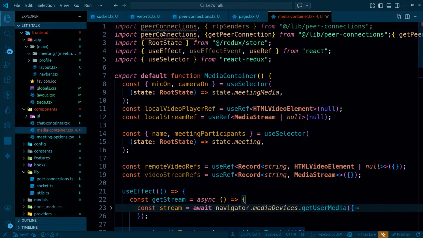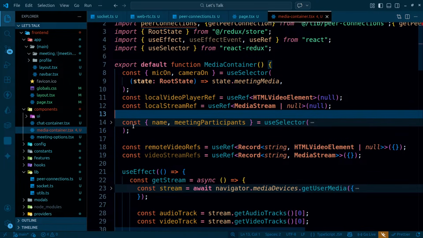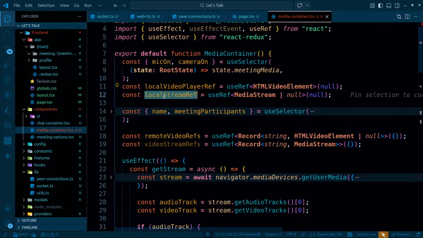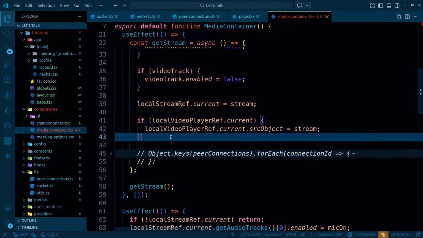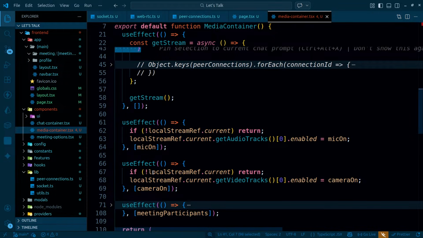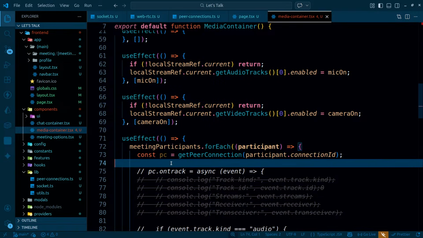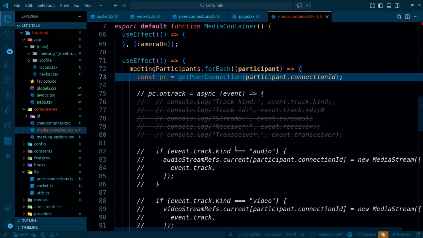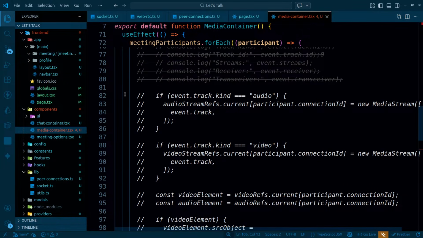Okay, so in that case let's do one thing. I have this local stream, right, and this particular section simply adds the stream to the local video. And what is the next thing? Whenever the meeting participant changes, at that time I have to get the peer connection, and once I have the peer connection, after that,